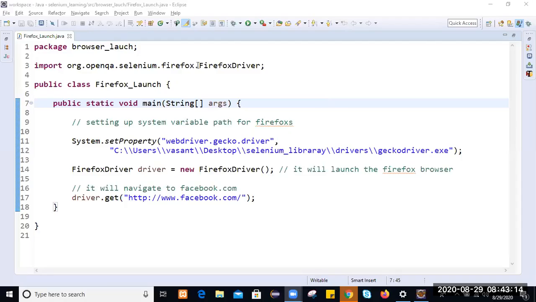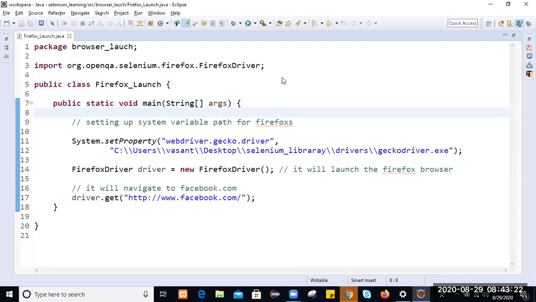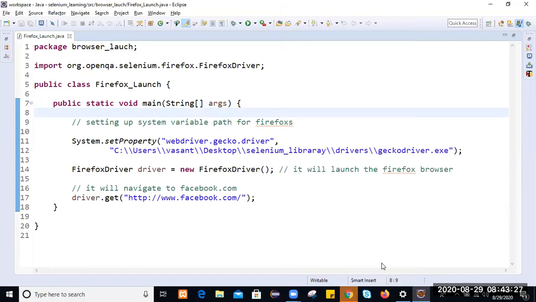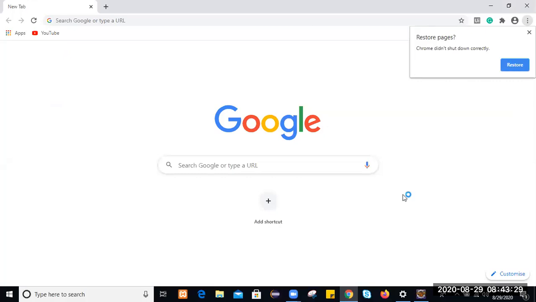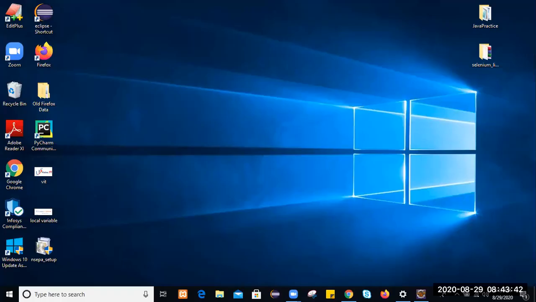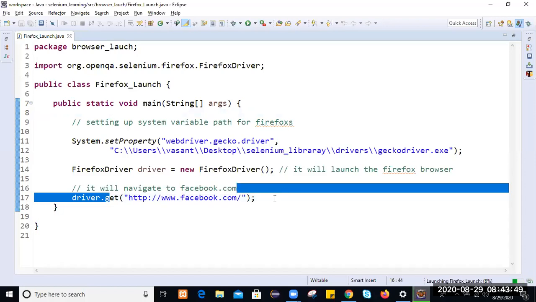Yeah, to run this application, we have to right click, go to Run As, and select Run as a Java application. Okay, it will run and launch the browser. Which browser will it launch? It will launch Chrome actually. Sorry, it will launch Firefox actually. We just tested the previous one. So let's see. The script will launch the browser, and the browser is Firefox, and that Firefox will navigate to this server.